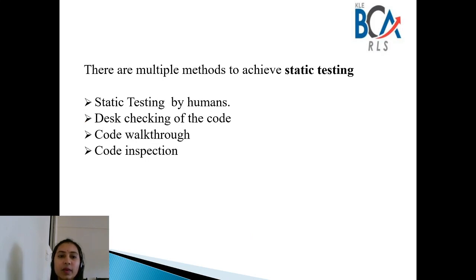There are multiple methods to achieve static testing. First, static testing by humans. Humans can sometimes find errors that the computer cannot. You do the testing manually and focus on each and every line. Multiple humans can provide multiple perspectives.